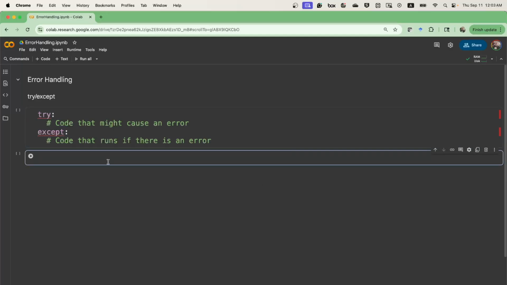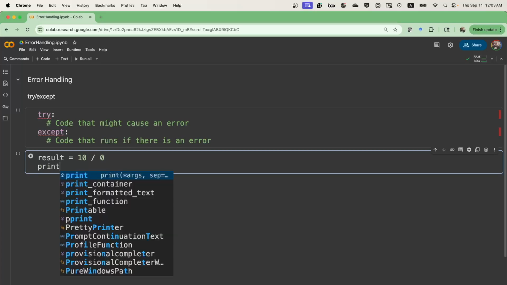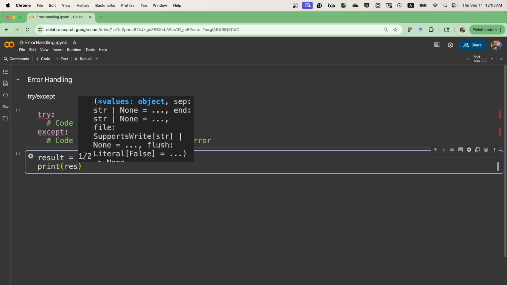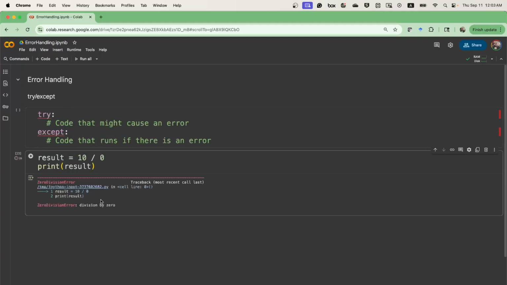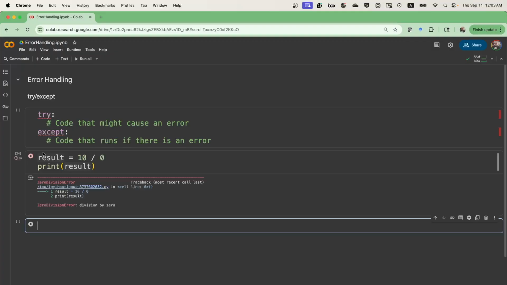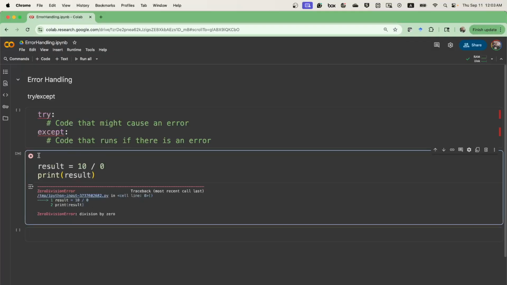So this is what we tried last time. When dividing 10 by 0 and printing the result, Python crashes and throws an error message, zero division error. But what we would like is for Python to not crash and instead print something else. So try